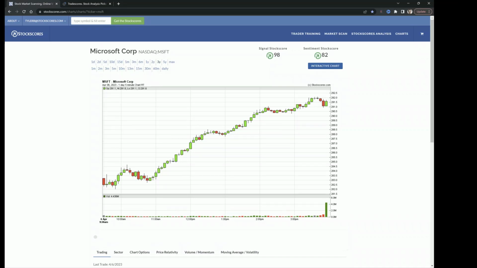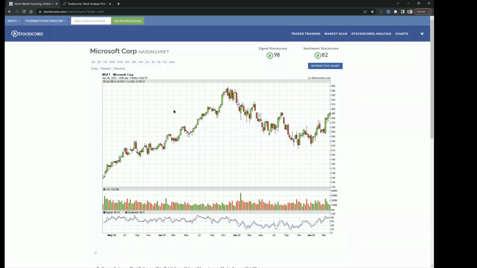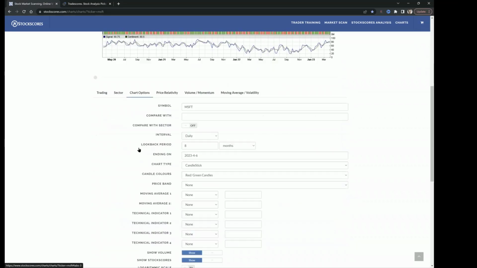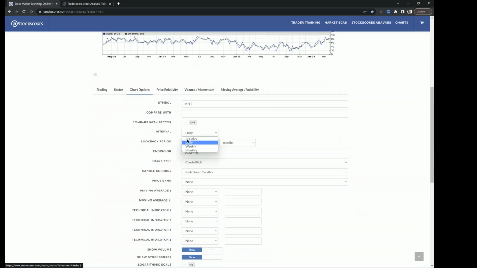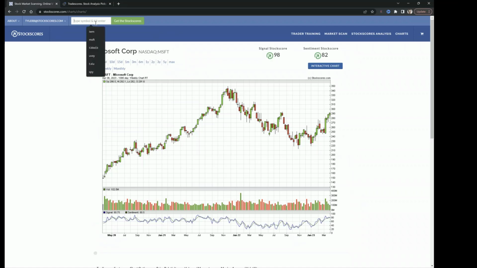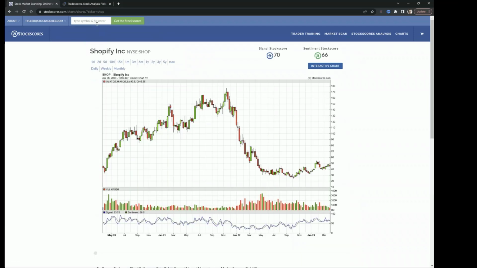If I wanted to set my default chart to a 3-year weekly chart, that's what this is right now. If I want all the charts in the future to be 3-year weekly charts, because I'm an investor looking to buy stocks to hold for months, then I go down to the chart options tab and I turn this interval from daily to weekly, look back period from 8 months to 3 years, click on create chart, and now that's my default. So now if I pull up another stock like Shopify, it is now a weekly chart,